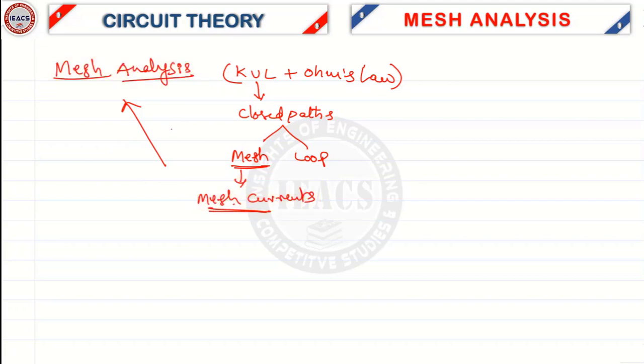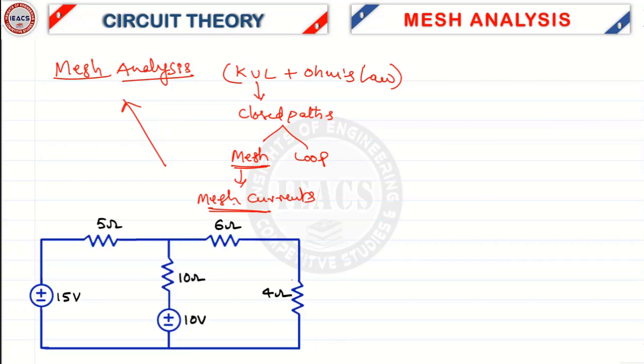Let us take a simple circuit and analyze it by using this mesh analysis. As a first problem, I have taken a circuit with only voltage sources. Let us discuss the circuits with current sources later. As I said, in mesh analysis, our target is to find the mesh currents. Let us develop the general procedure to find the mesh currents. Procedure to find mesh currents.